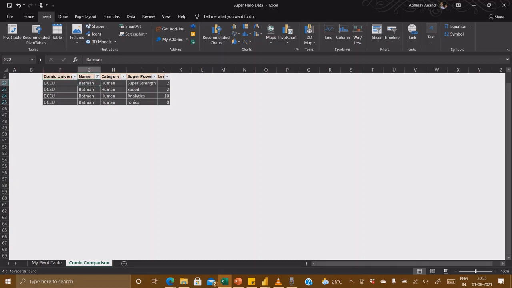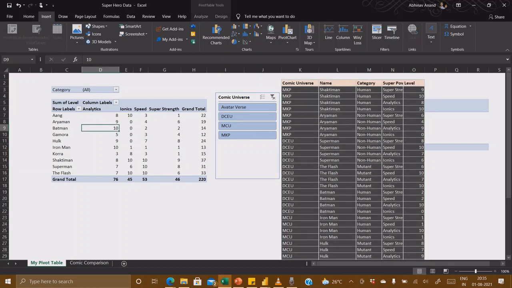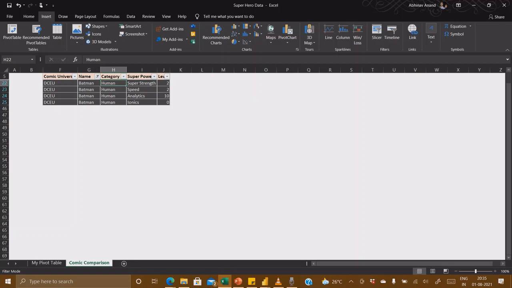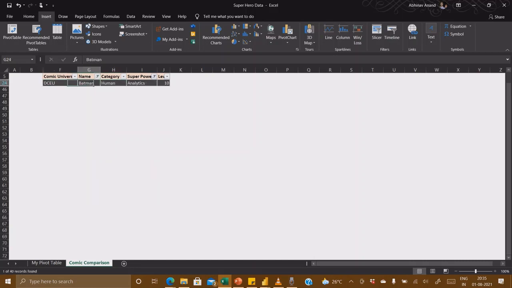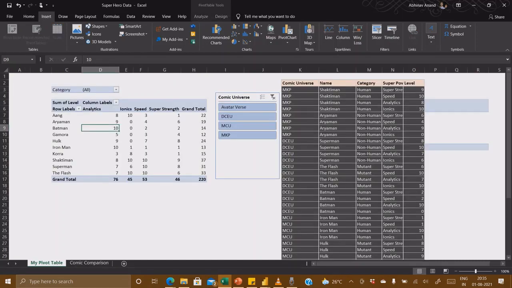Now we have rows for Batman only. The second filter is the superpower category. We are filtering that the superpower should be analytics, so here I will filter out analytics. Now we have only a single row left here, and you can see it will take the value as 10.